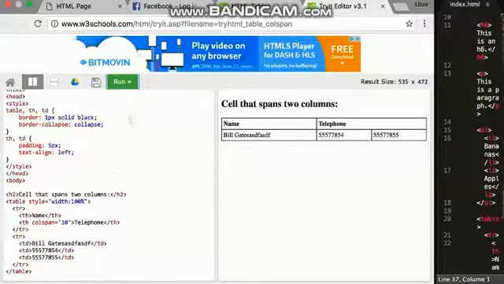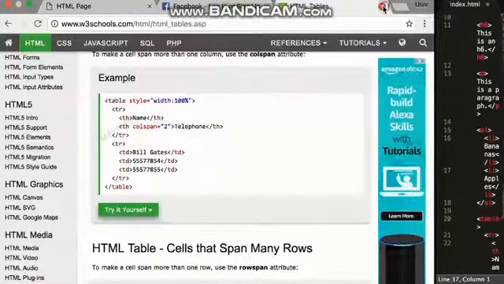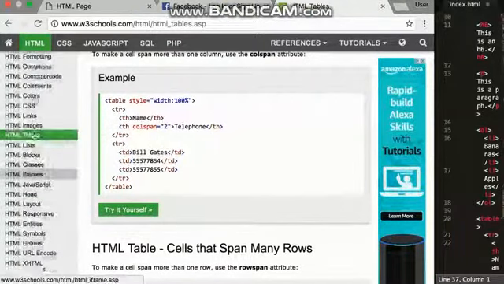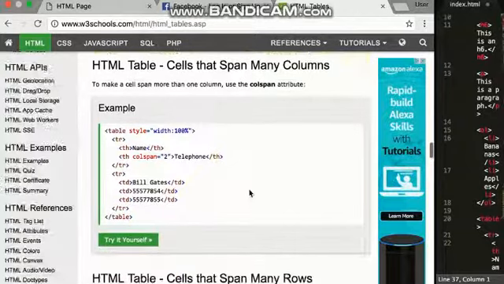So try messing around with this and definitely come to this site to get a feel for not only tables, but as you can see here on the left, all of these other things you can learn about with HTML. And I will warn you, it is easy to get overwhelmed. I don't recommend that you use this site and try to just